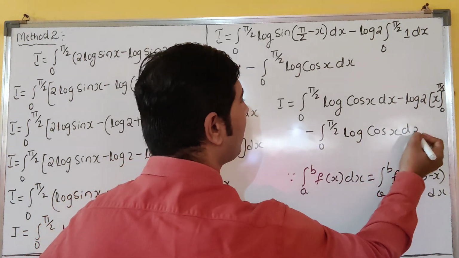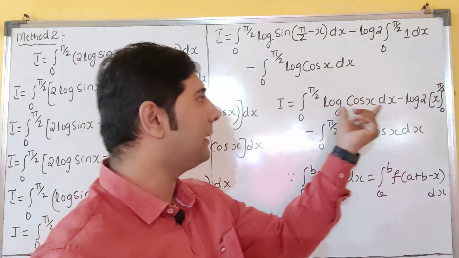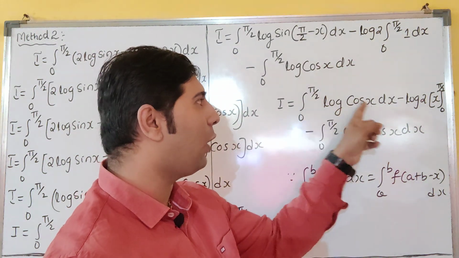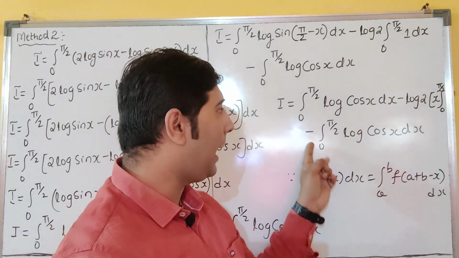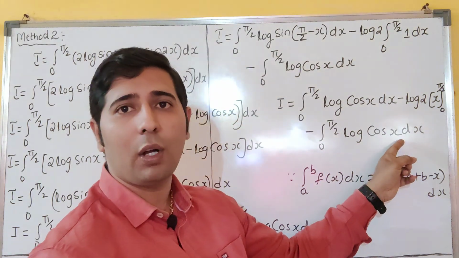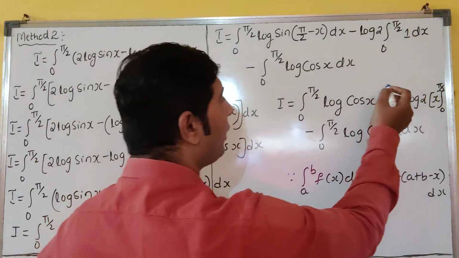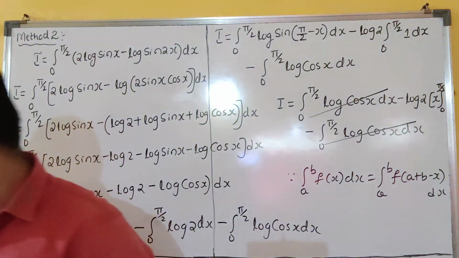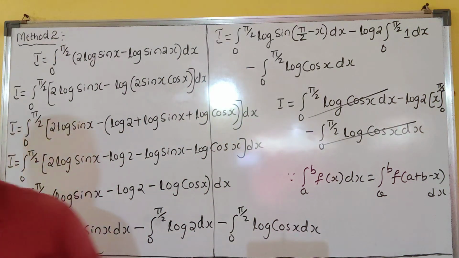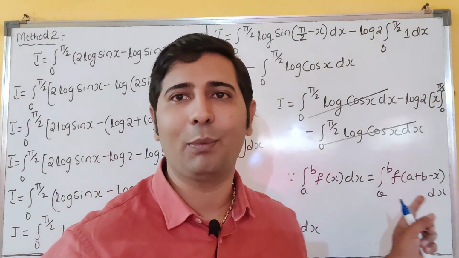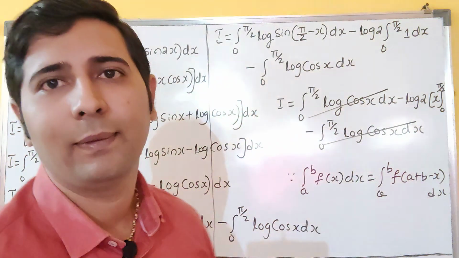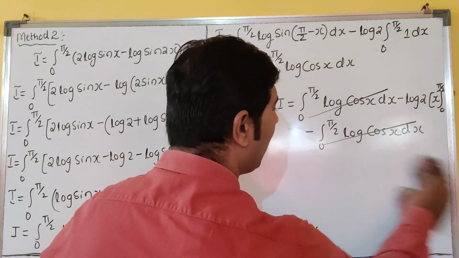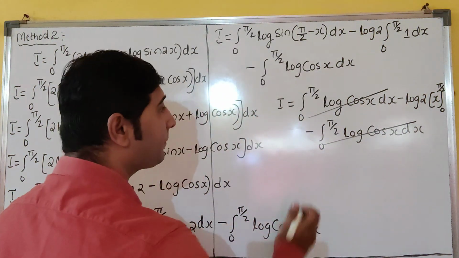Most probably you have understood. sin(90 minus x) is here cos x. Understood? Plus integral 0 to pi by 2 log cos x dx minus integral 0 to pi by 2 log cos x dx. Both will get cancelled or not? I hope you understood why I have not applied the King and Queen formula there. Clear? To cancel this, dear students, both, first one and last one. That's why I have not applied. Got it? So now see here, what will happen? You understand here?